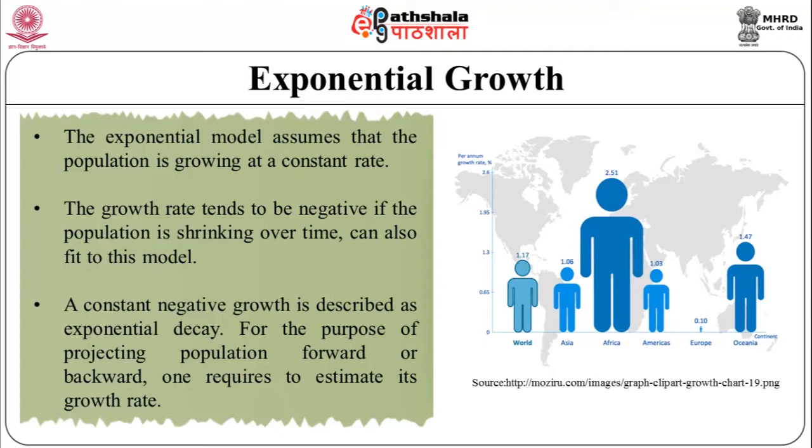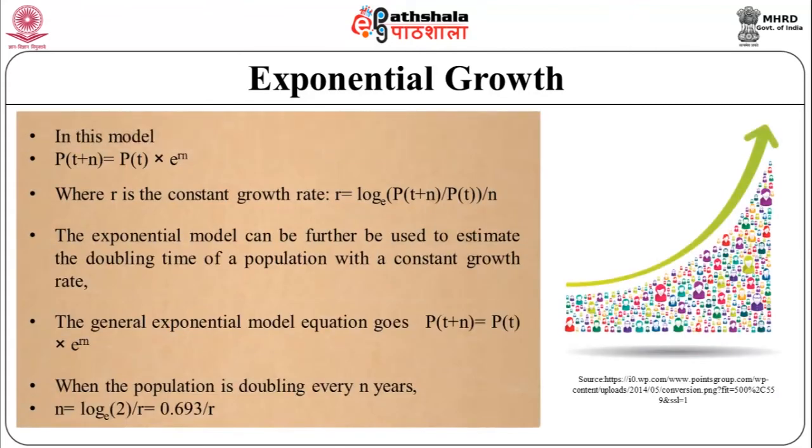A minimum of 2 estimates of the population by means of a linear regression of the log of population size on time. Now in this model, P(T+N) = P(T) e^(RN), where R is the constant growth rate and R = log(P(T+N)/P(T))/N. The exponential model can further be used to estimate the doubling time of a population with a constant